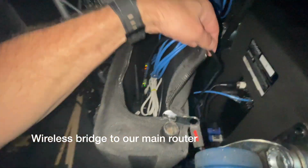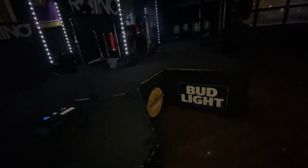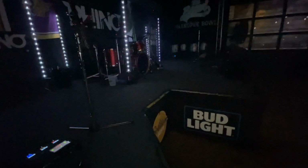So what we ended up doing is just running a Cat5 cable across to the other one, because the Cat 5 for this is plugged into the other port of the NSB here. So that's how we're getting our Ethernet to this side. So it's a little bit more work. I was hoping that the wireless, so we wouldn't have to run a cable, would work, but it didn't here